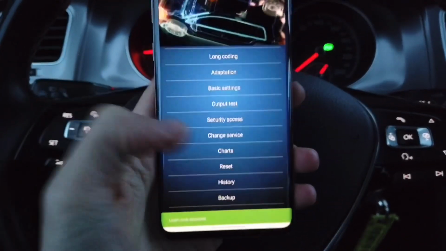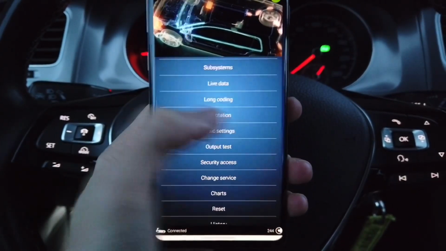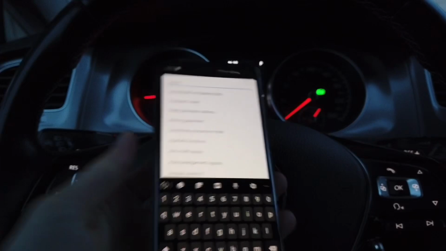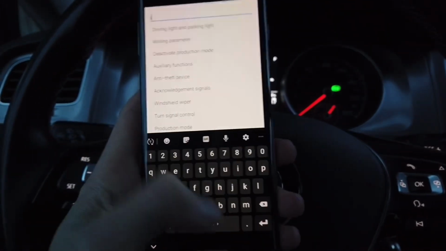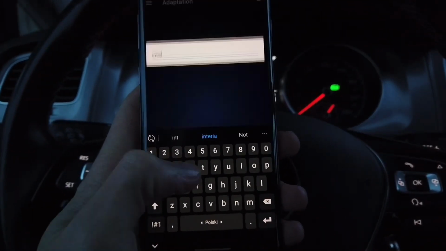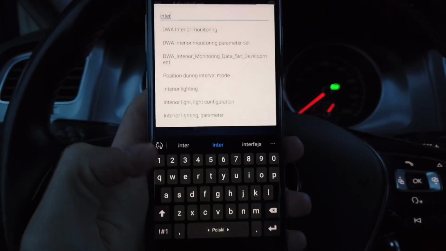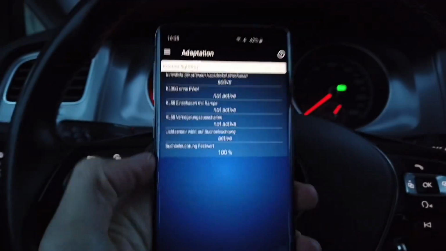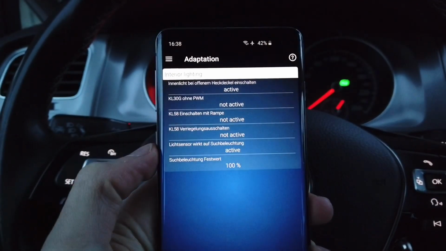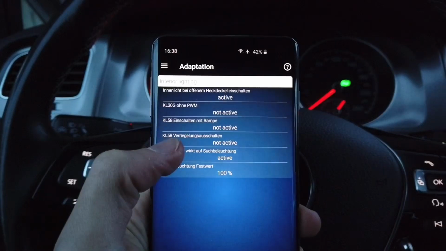Okay, it was accepted. And right now we are going to adaptation, and we are looking for a channel called interior lighting. Let's use the search function, interior lighting, and over here we are looking for CLEM 58